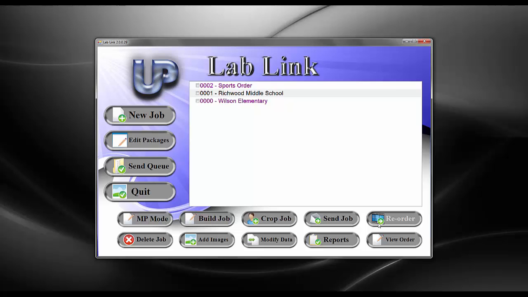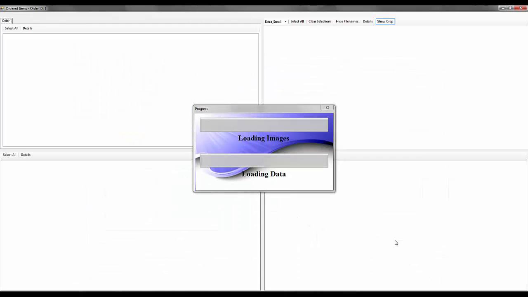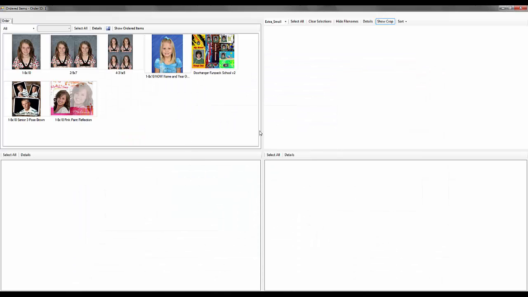Once you have keyed packages and cropped your order, you're ready to send it to the lab. But let's preview it first. To do this, we click on the View Order button, and you'll see the View Order screen opens with the top left box having one of each product that's ordered